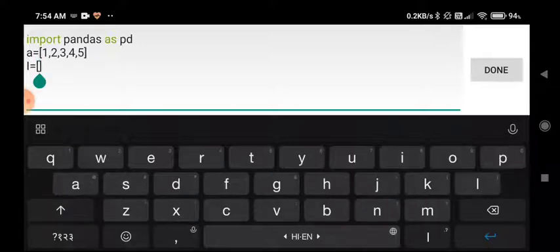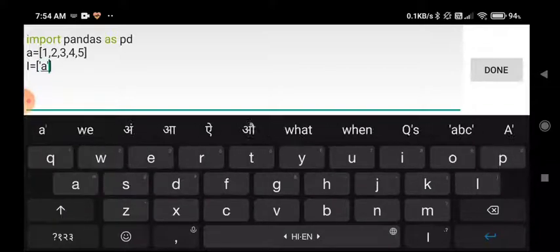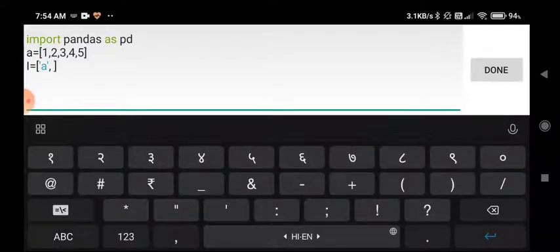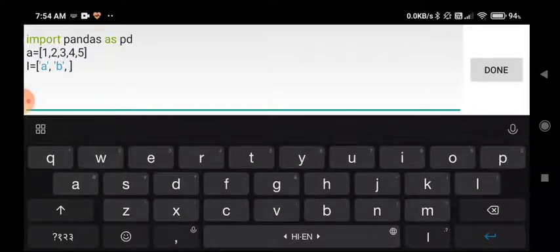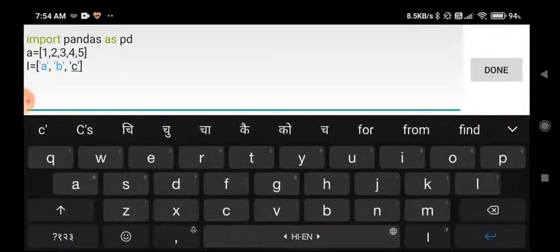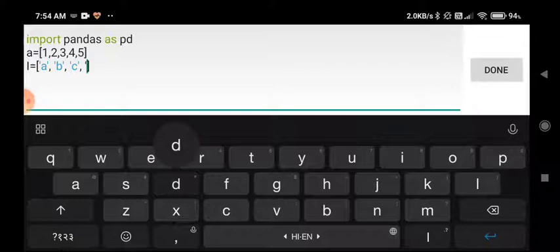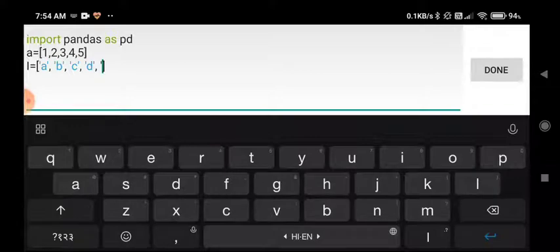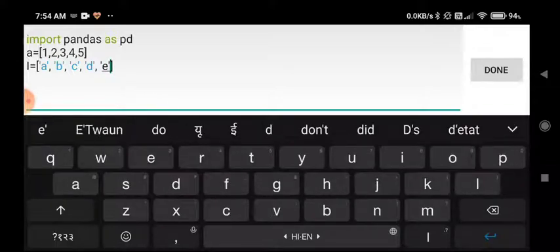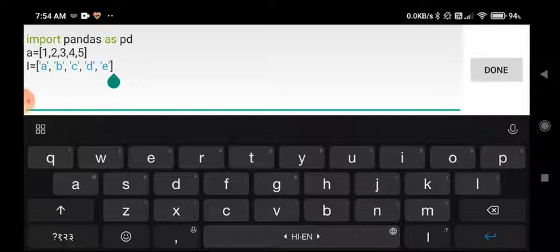So I am writing 'a', 'b', 'c', 'd', 'e' in quotes. So students, there are 5 values in the data part, that means in variable a, and 5 values we have taken in I.